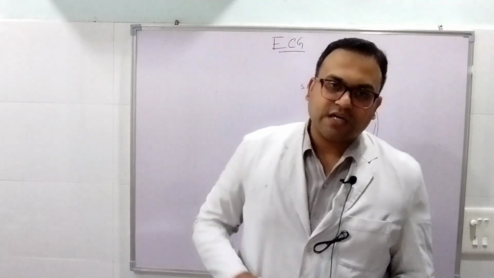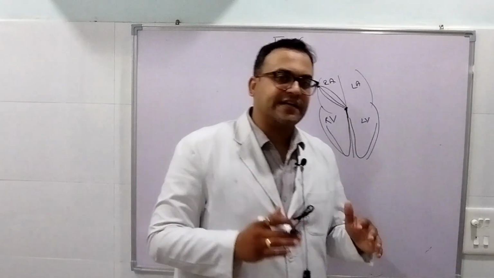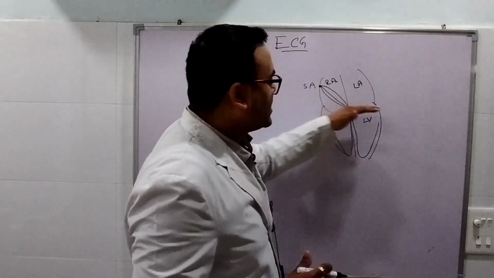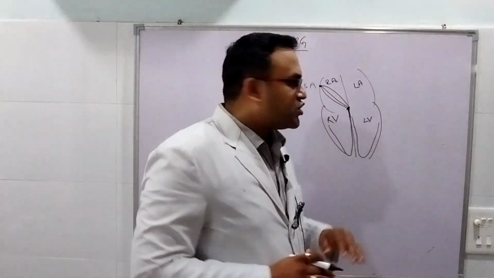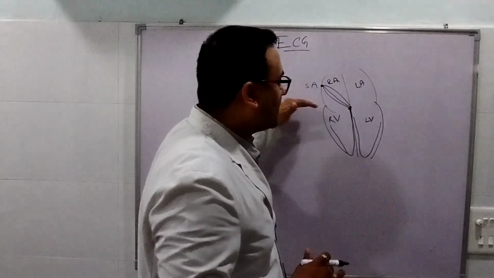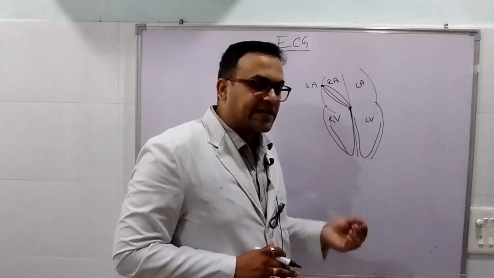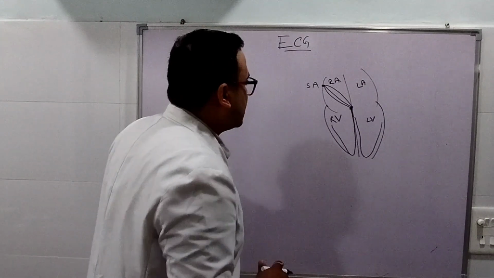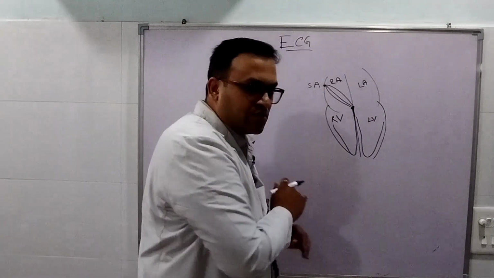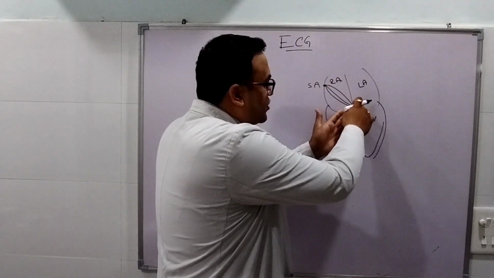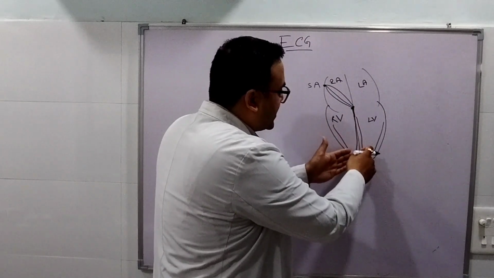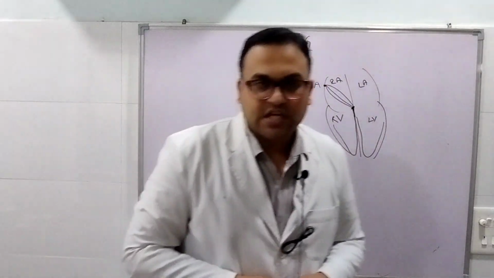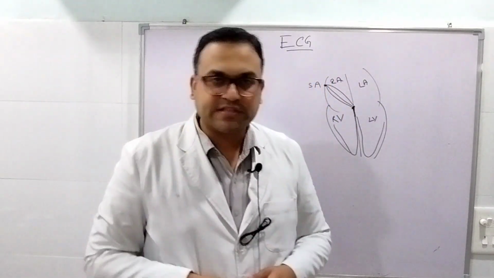If we see the heart, electrically the heart is divided into two parts, the atria and the ventricles. Between the atria and the ventricles there is no zone of electrical conduction except for the AV node. The electricity can only pass through the AV node from the atria to the ventricles. The impulse generation occurs in the SA node, then it gets to the AV node and then the bundle of His, and from the bundle of His to the Purkinje fibers to the right ventricle and left ventricle. So this is the impulse generation and impulse conduction.